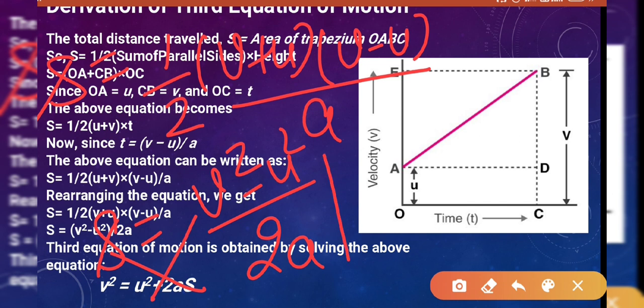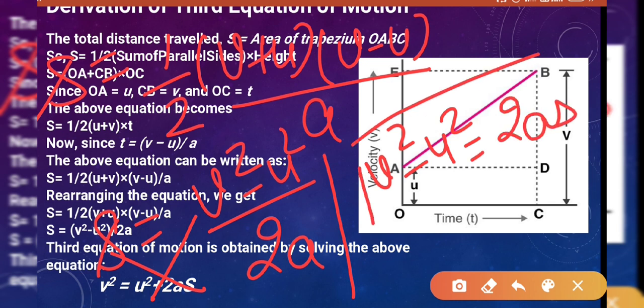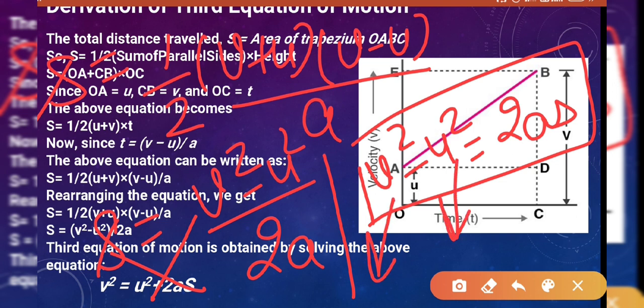Cross multiply. V square minus U square is equal to 2AS, where V is final velocity, U is initial velocity of the object, A is acceleration and S is total distance